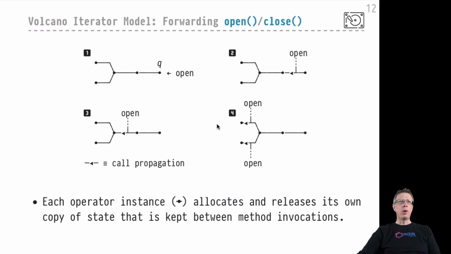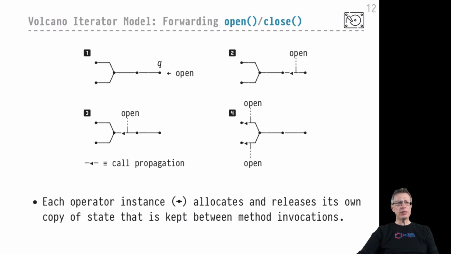Right. Well, the same, of course, would happen with close. We would enter with a close call here at the root of the plan, and it would trickle down the entire plan until these close calls reach these leaves of the plan, where we would probably close files or deallocate other resources. Okay, so